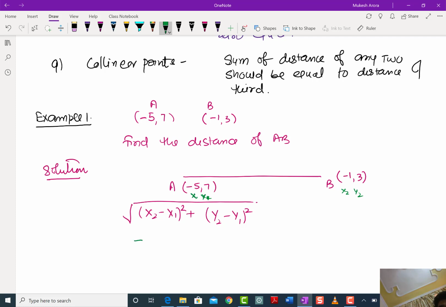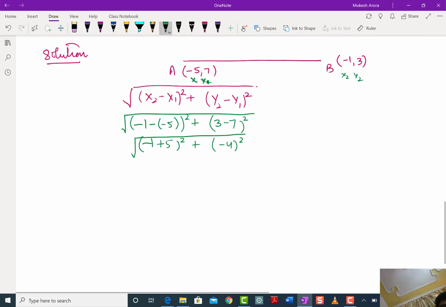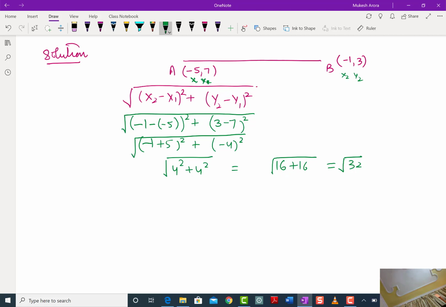x2: under the root, (-1 minus -5) raised to the power 2 plus (3 minus 7) raised to the power 2, which is under the root (-1 plus 5) raised to the power 2 plus (-4) raised to the power 2. That is also equal to 4 square plus 4 square, under the root 16 plus 16, under root 32. If you can further factorize, you will factorize it to 4 root 2 units, but you will not find the answer in